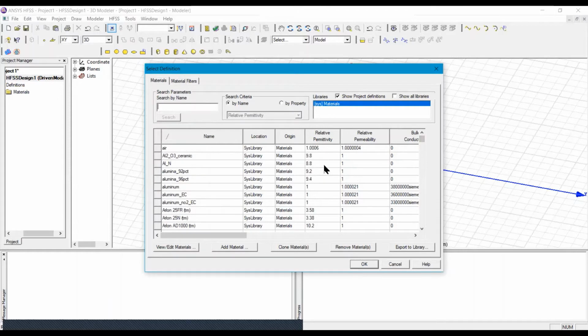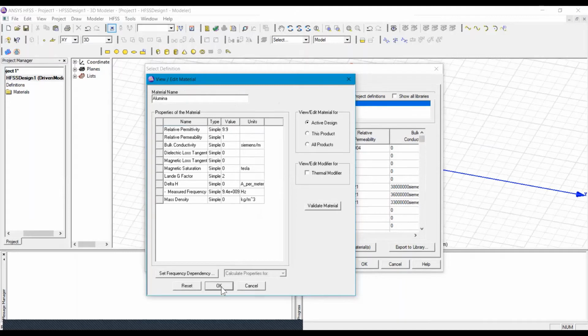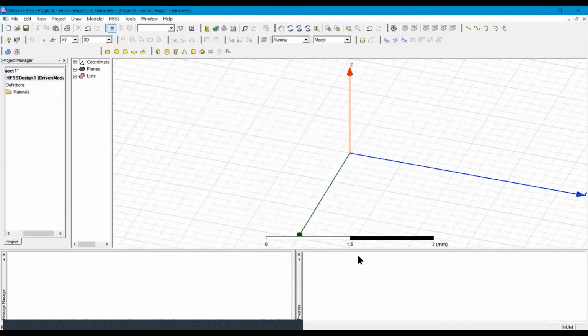So I will add the material. I will click here, Add Material, and then give the name alumina, and the permittivity of the material is 9.9. So this material is added here, and we will select it. Now you can see alumina is here.